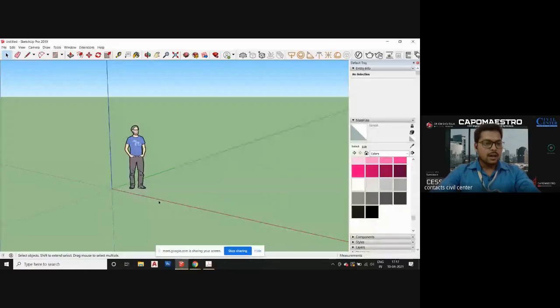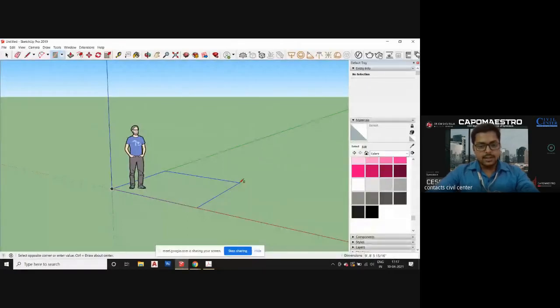Now we will go to the rectangle tool and draw a rectangle over here. You can draw the rectangle from any point, and you can also set the dimension. Let's make it a rectangle of 10 feet by 12 feet.